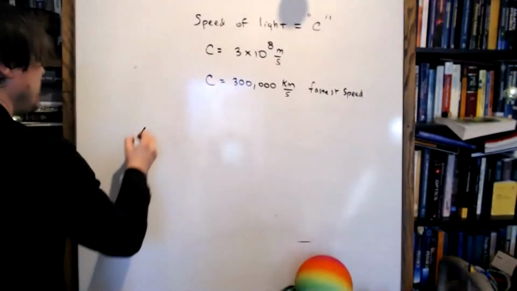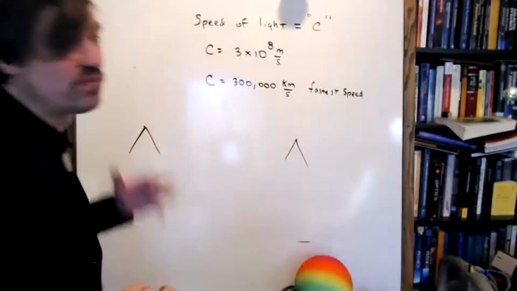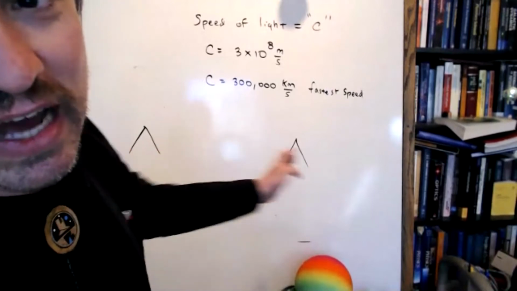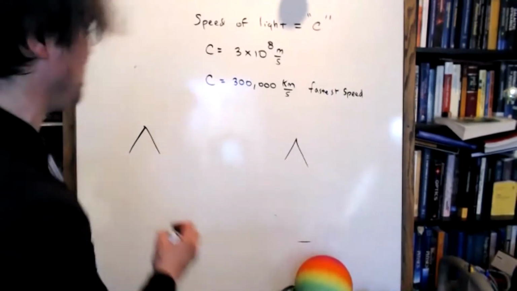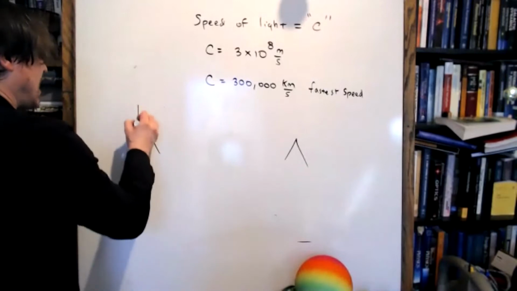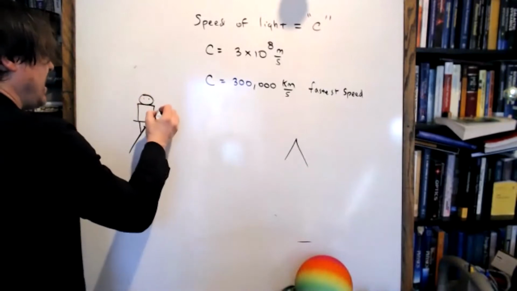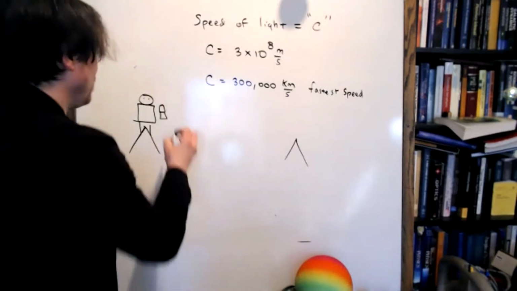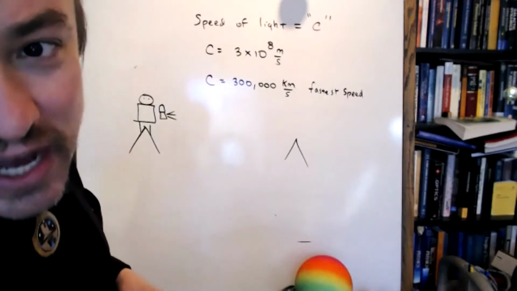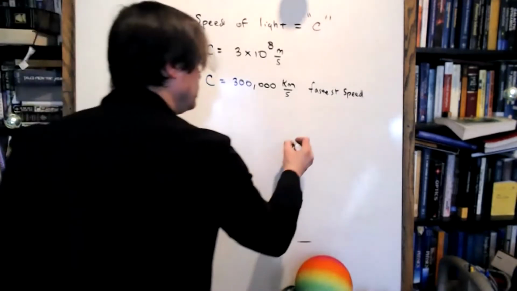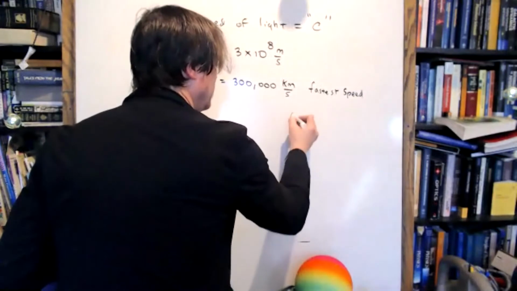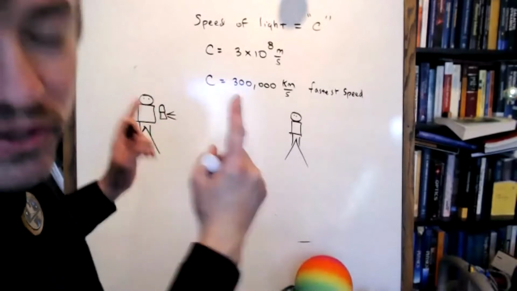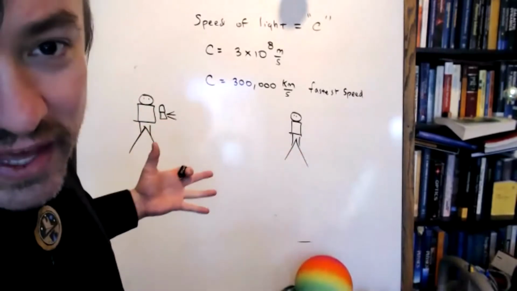And here's what he did. He said, you know, all we need, guys, is a really long baseline. So he got a friend of his and he said, let's go to two different mountaintops that are separated by a whole bunch of kilometers. I'm going to go to the top of the mountain at midnight, and I'm going to hold a lantern up. And at exactly midnight, I'm going to open the shutter doors, and I'm going to shine the beacon towards you. And what you're going to do is climb the other mountain, and you're going to observe, and record the exact time that you see the flash. And we'll use the difference in time to calculate whether light has a velocity.